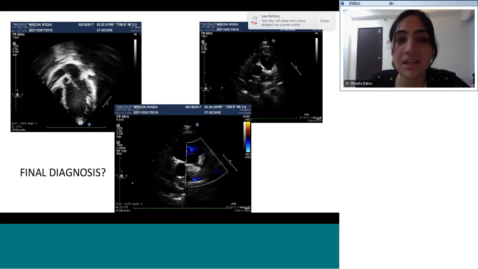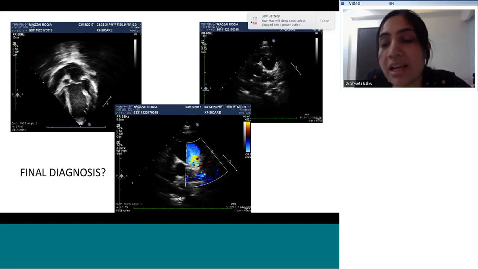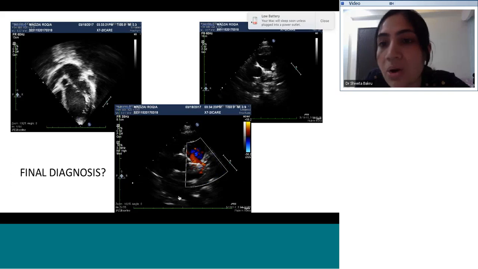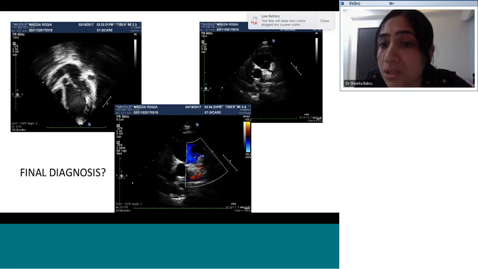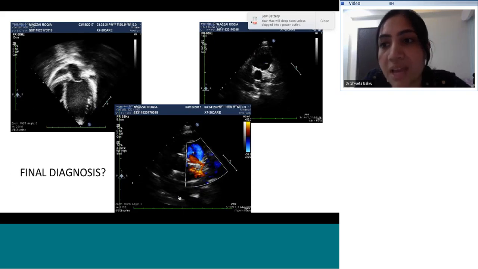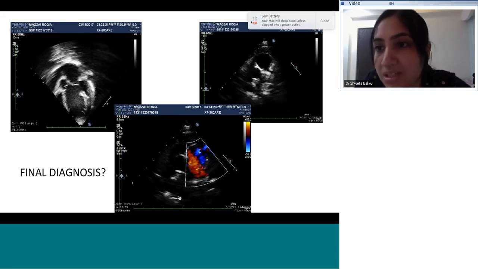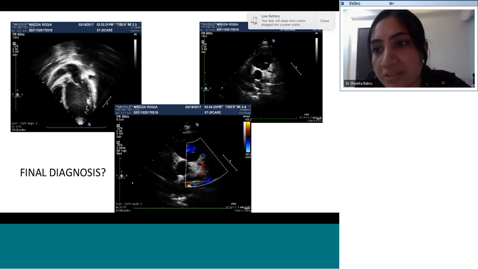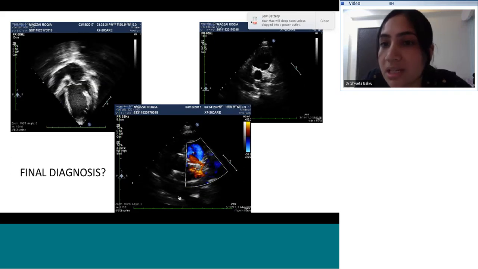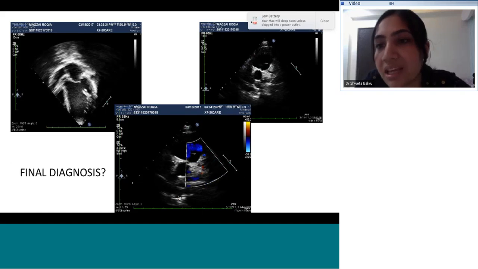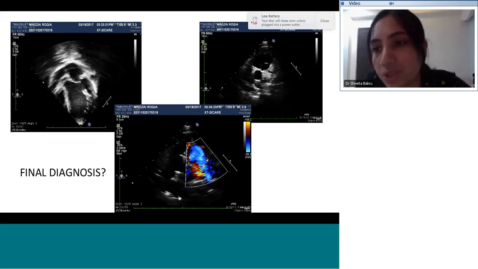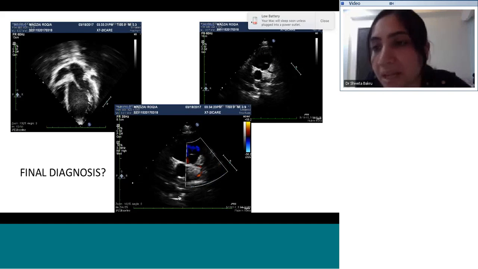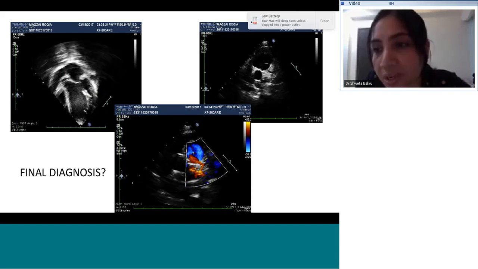What happens is, in ALCAPA, especially in a 5-year-old child with long-standing disease, 90% of them die by 1 year of age. So if they have survived beyond 1 year of age, there have to be large collaterals from the right coronary artery system into the left coronary artery system. These collaterals are dilated, and as you all know, these epicardial collaterals can be seen when we do a 4-chamber view. When they are dilated, they mimic VSDs, but actually they are coronary collaterals.